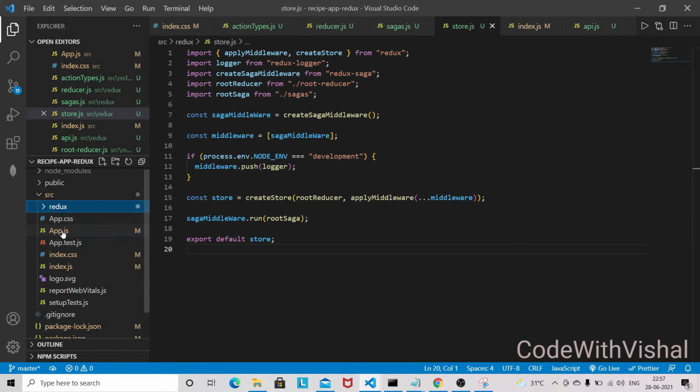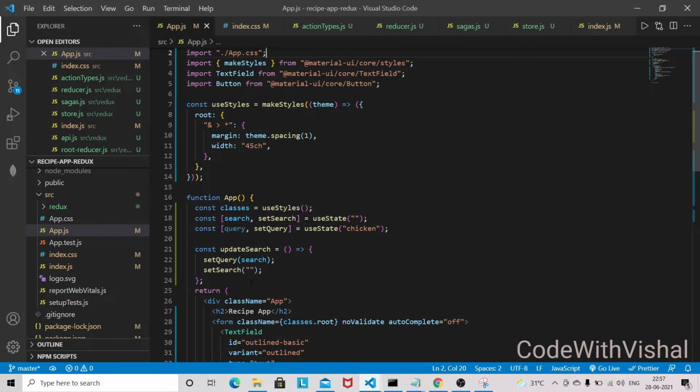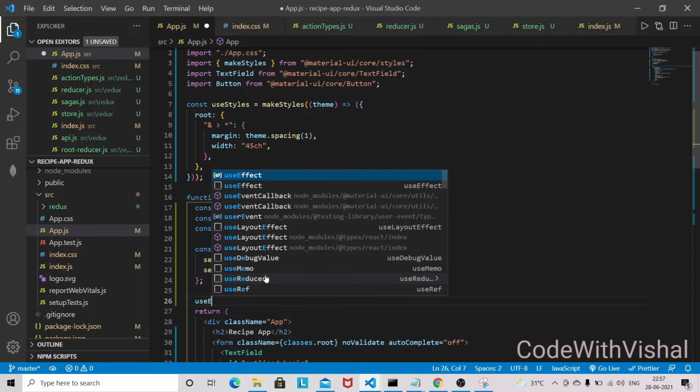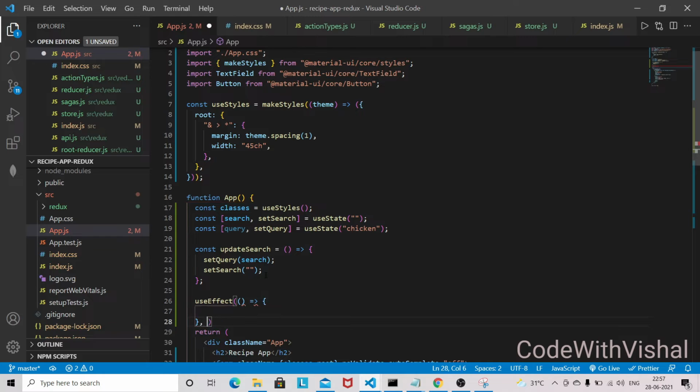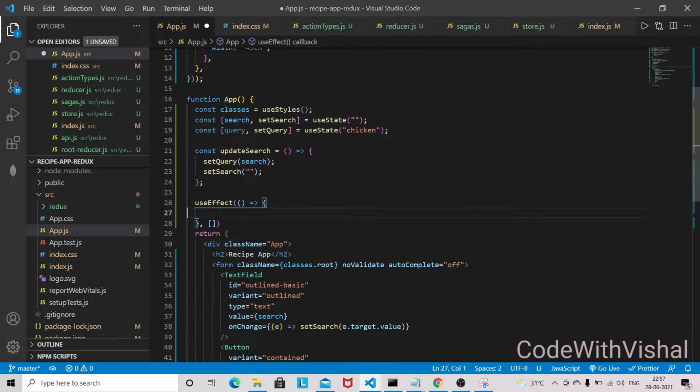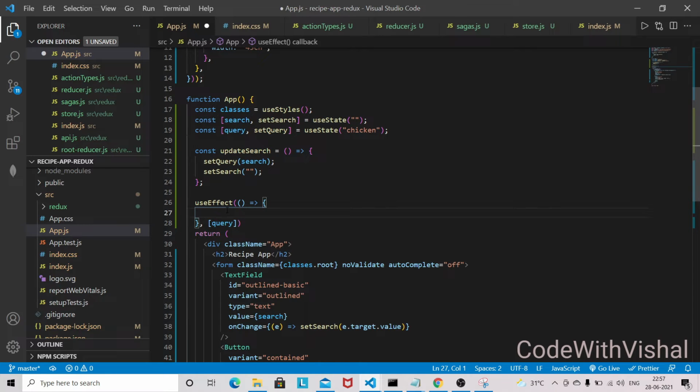So let's go with app.js, and in app.js we have to use useEffect. This useEffect only runs when there is a change in the query. So I am passing the query dependency into the array, and from here I am going to dispatch an action.